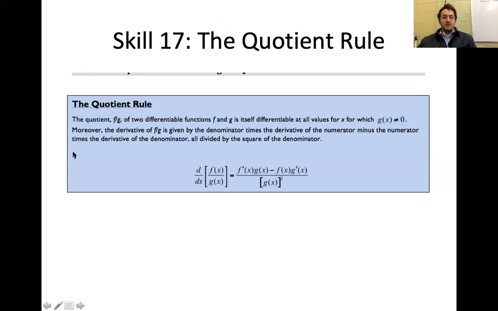So an example could be, let's go big, bad, and ugly. Let's do 2x to the fifth plus 4x to the fourth over 3x squared plus 2x. I'm just making stuff up here. So this would be a quotient rule type of situation. So when you have a situation where you have an f of x and a g of x,